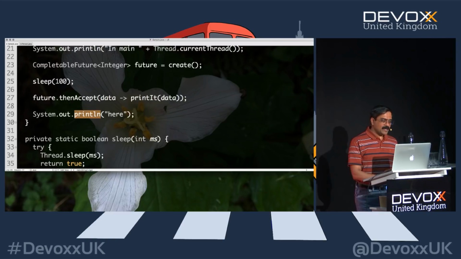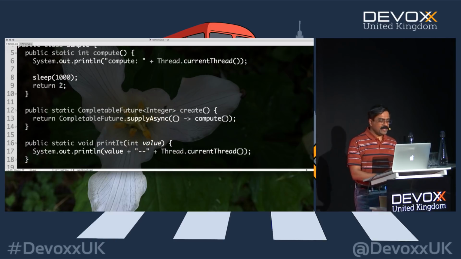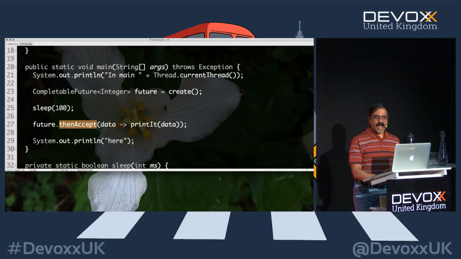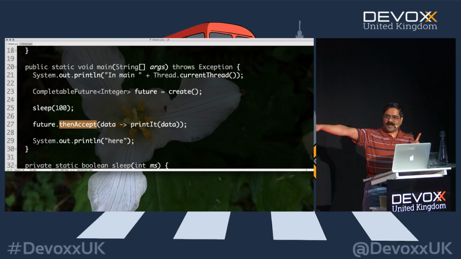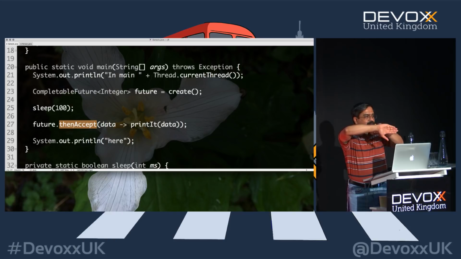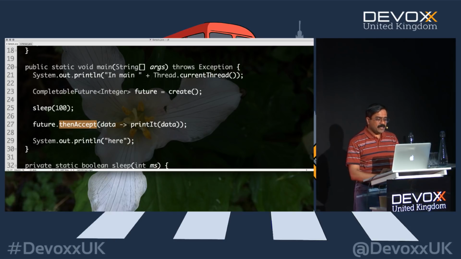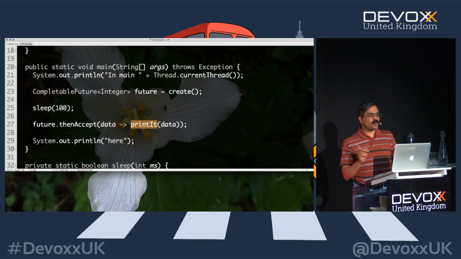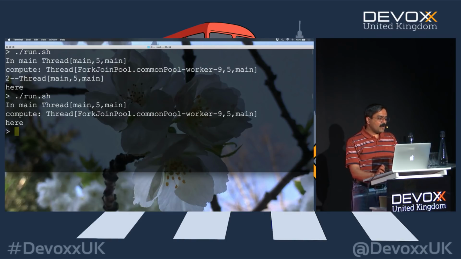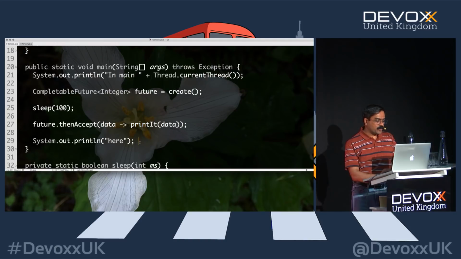What about the other thread that eventually finishes its work, returns the value of 2, and when it finishes that, it says, oh, look, I actually have some more work to do in my pipeline. My CompletableFuture is piping with another CompletableFuture, and I might as well run the train. So this print is no longer going to run in main, because at this point, it can run in the other thread when the computation is going to finish. Is that really true? Let's run the code and take a look at it. And notice at this time, the compute was called, well, okay, maybe I should really put a little sleep here to prove the point.